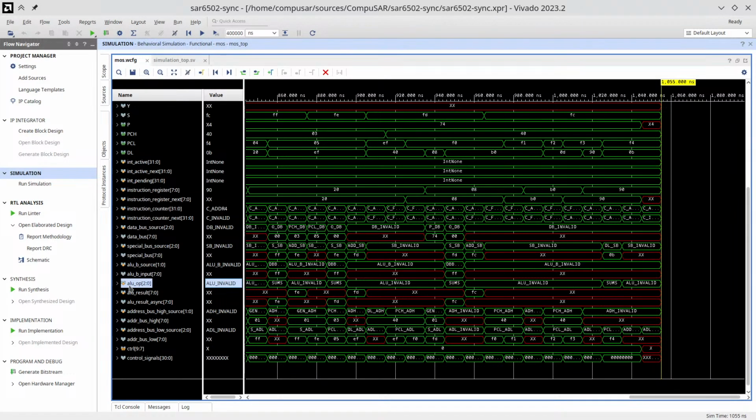So ALU op is sums, and the next cycle we should see address bus low being F4. No, that should be F. No, I didn't get it right. ADD ADL. The ALU result is